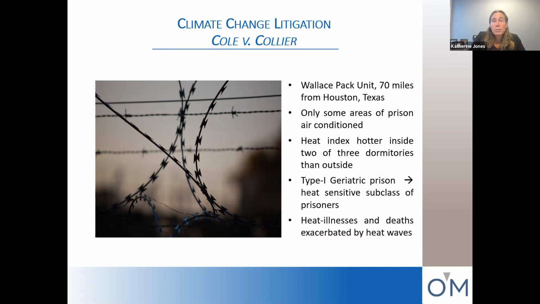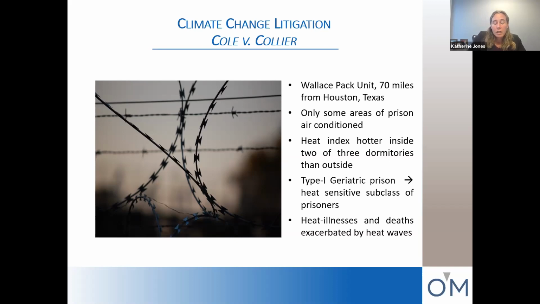And there were a bunch of heat related illnesses and deaths of prisoners that were essentially exacerbated by these heat waves that came through. And so the prisoners brought a 1983 claim, which is essentially just a claim for mistreatment by the prison system,